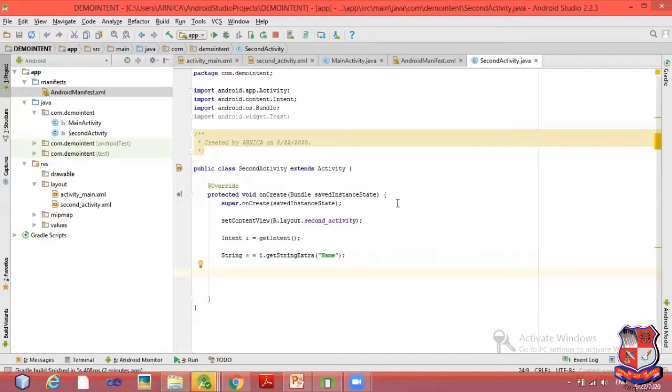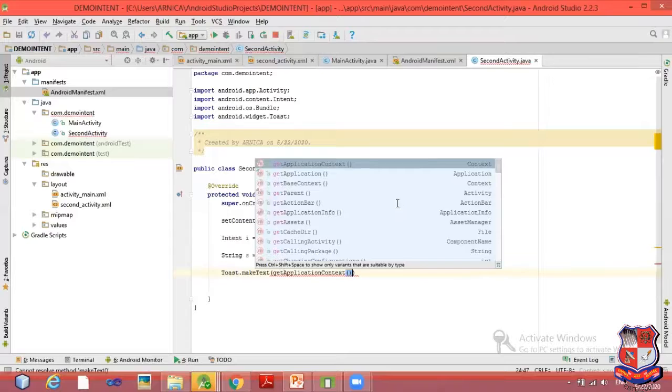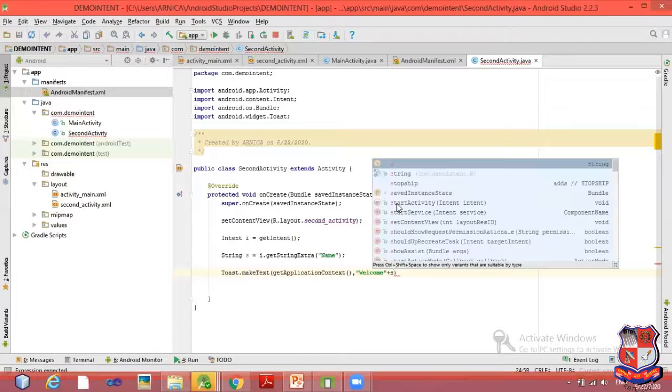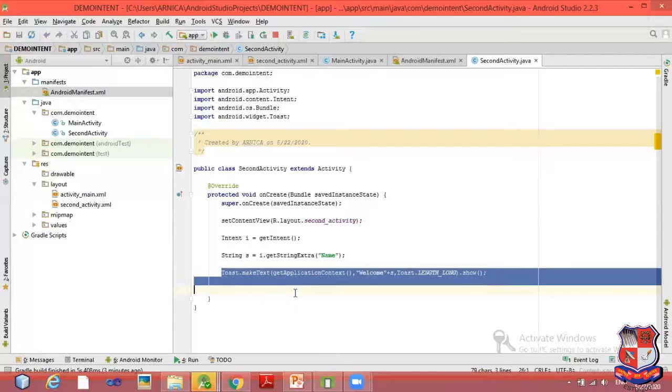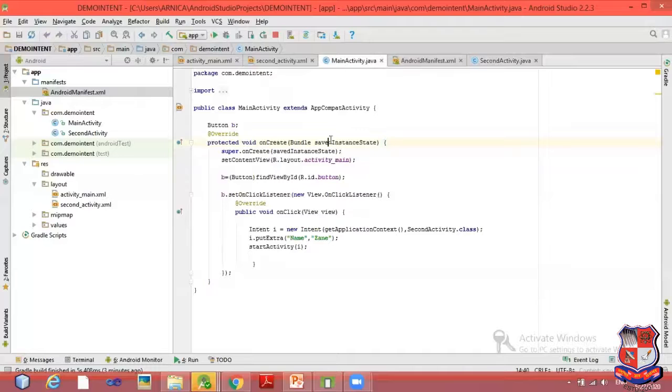Now I am just going to toast it. Toast.makeText, getApplicationContext, then "welcome" plus s, and last, that is the duration, Toast.LENGTH_LONG, and the show method. Okay, so this is ready. This line will print the name, welcome Zane, which we have transferred from the main activity.